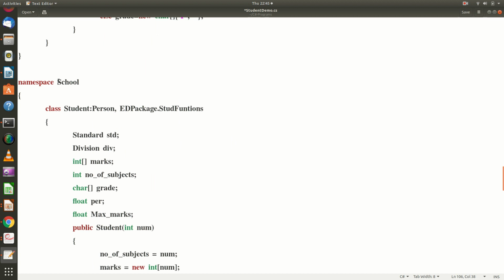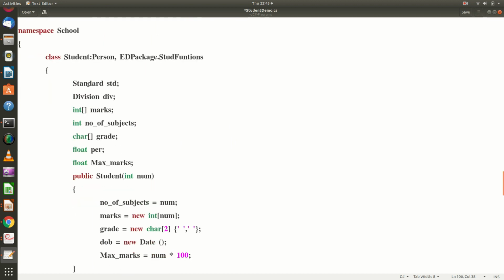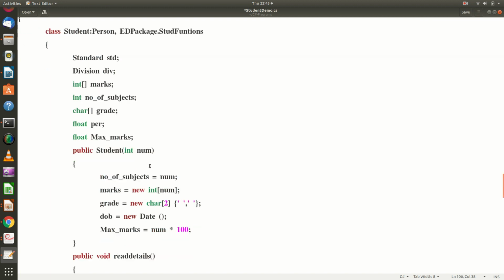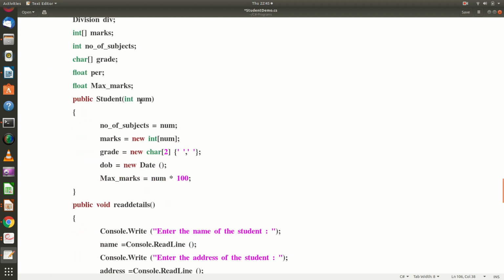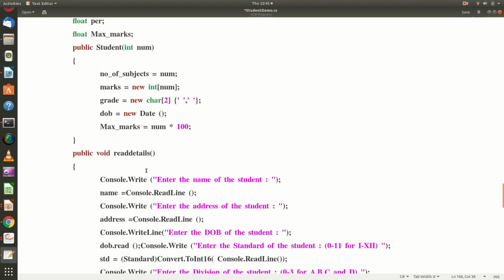Now let us get into the school student. For the school student, you are defining the standard, division, marks, number of subjects, grade, percentage, maximum marks. The same way for the school student also, pass the number of papers as an argument in the constructor, create that many integer values for the marks array, create a grade array which is a character array, then create a date of birth object, then find out what will be the maximum marks.